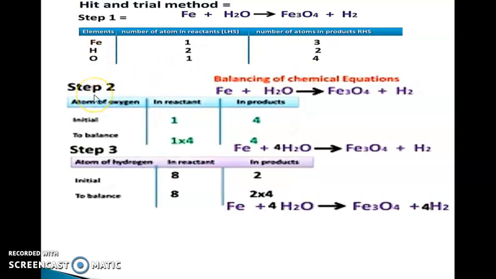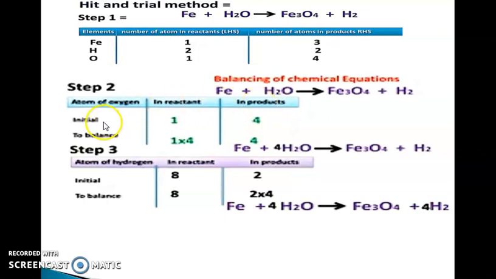In the first step, we will choose that element which is present in the highest number. So in this reaction, all of you are observing that the highest number of atoms is of oxygen. So we will start from the oxygen atom only. So let's start. We will write down the name of the element. Again, we will make 3 columns. In the first column, we will write down the name of the atom. That is, we choose the oxygen atom, so we will write oxygen here. After that, the reactant side and the product side.